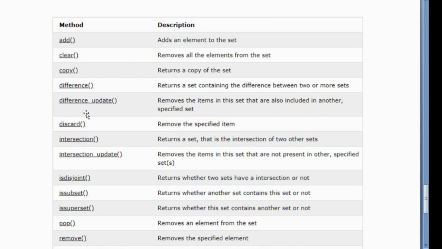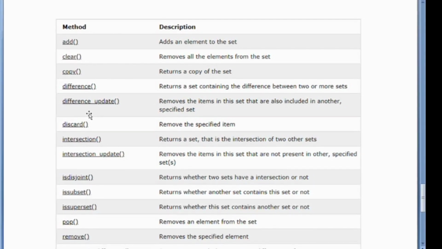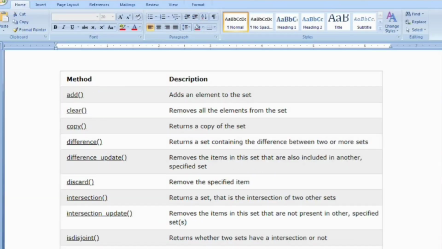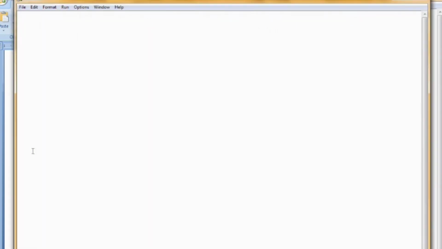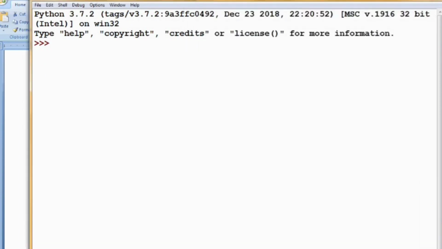Now we are going to perform some methods. Using these methods we can produce changes in the set. So let's code it and check. Today I am going to code it in a new file and execute at last.